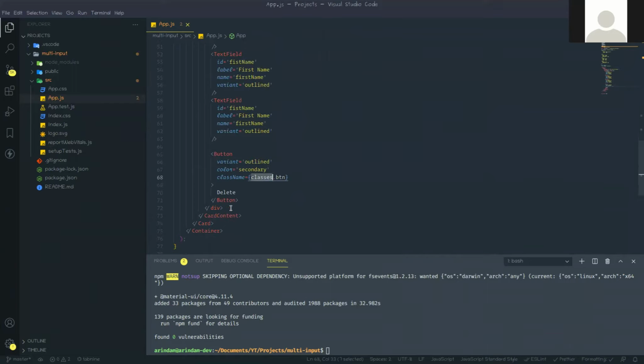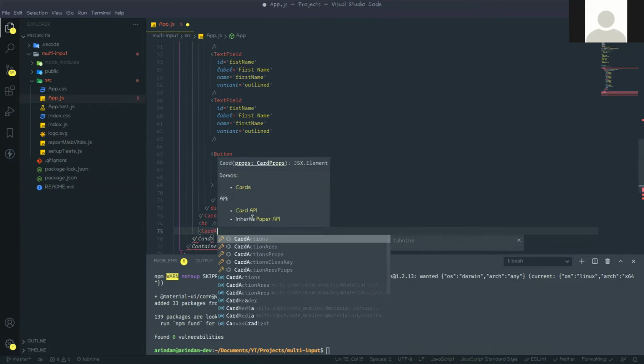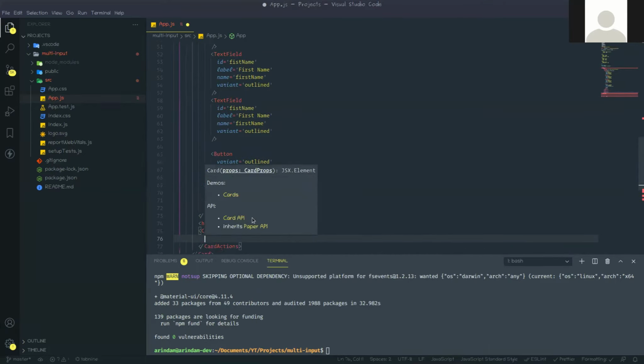Now after this card content I'm creating one horizontal row, and next I'm creating one card actions. In this card actions I'm creating another button in the div.